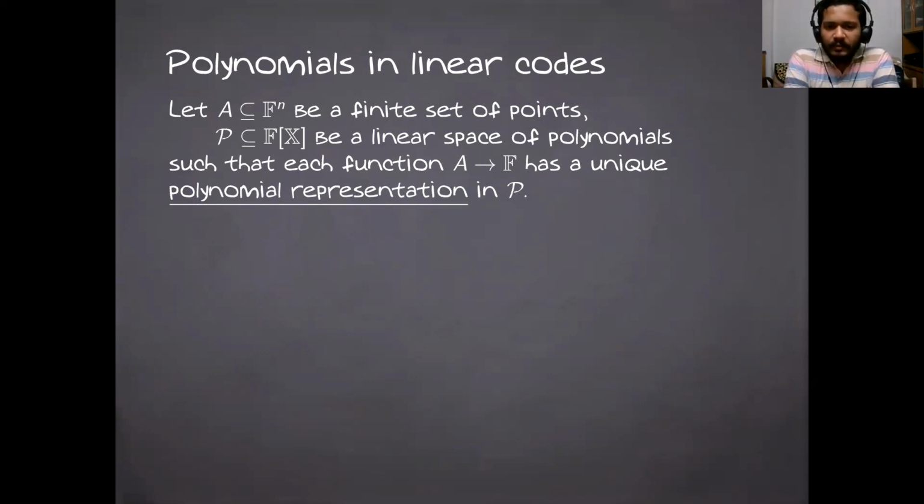So how do polynomials arise in linear codes? Just by the name of the talk, we are concerned with polynomial evaluation codes. So code words in the linear codes that we consider are supposed to be defined using evaluations of polynomials at some set of points. So we start with a finite set of points. And we would like to think of a code word as a function indexed by the points on which we evaluate polynomials.